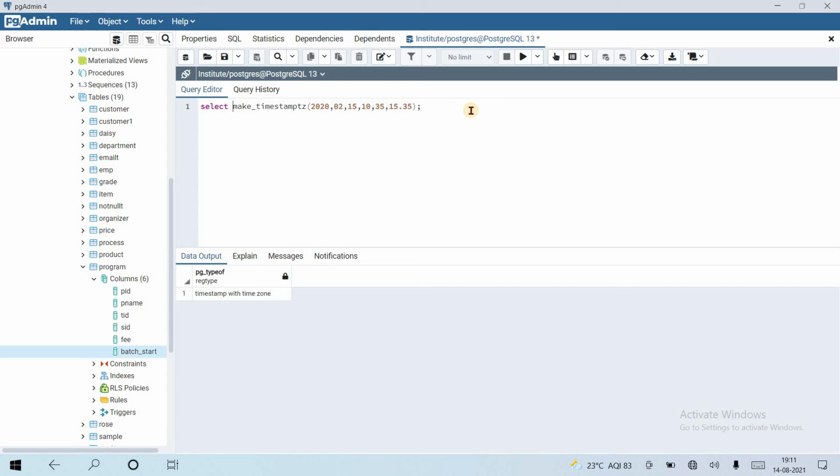Now pg_typeof but also passing a value for the time zone. Suppose the value is US/Alaska.